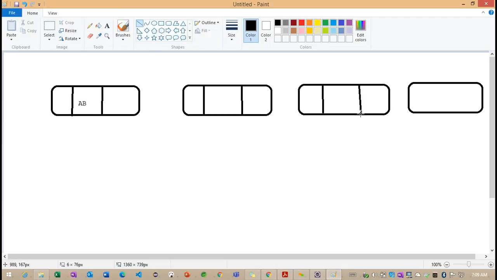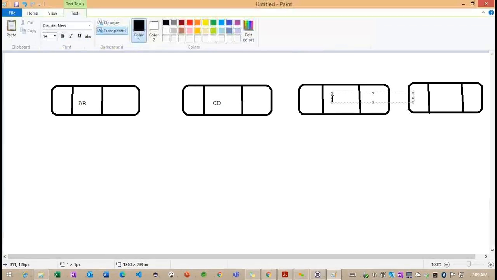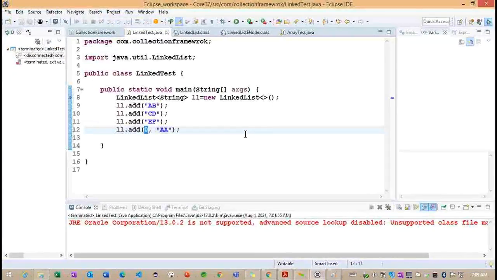Observe how we are trying to create: AB we created, the second node we created CD, and another one we created, EF. Only these three created.